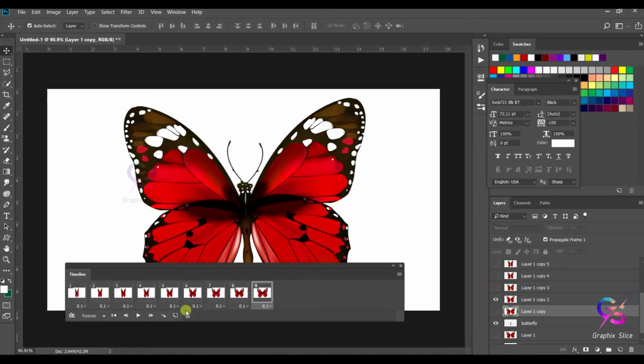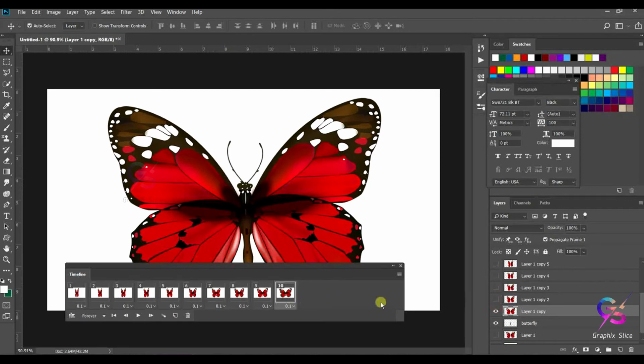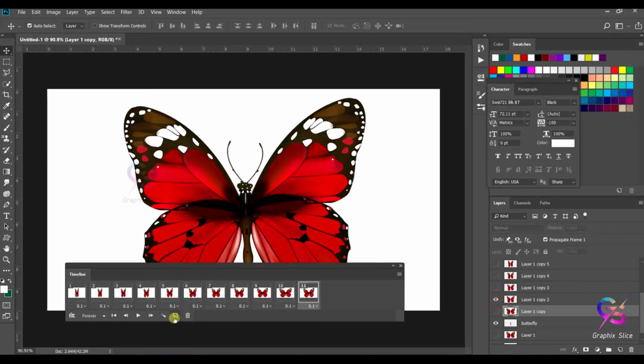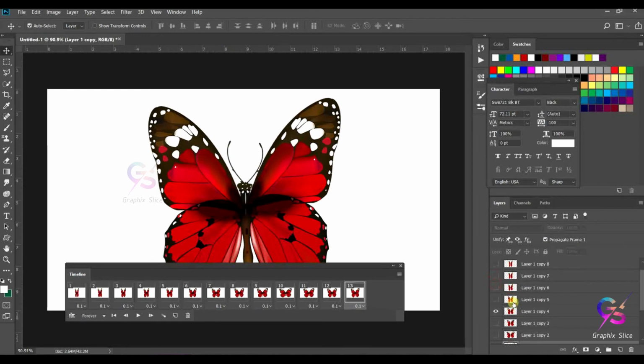Same way, do it for all the layers. For the return also the same thing. Again, we are going to reverse the order. Just turn on and turn off. So like this, we are going to prepare an animation.